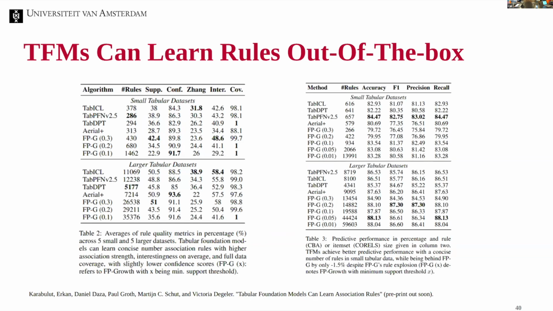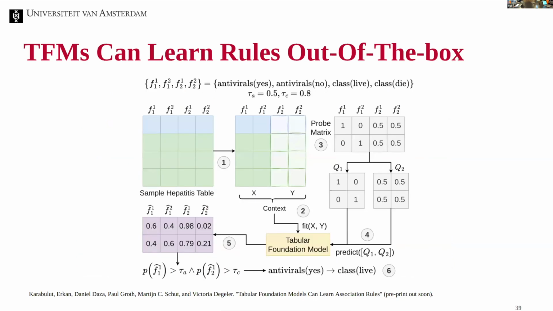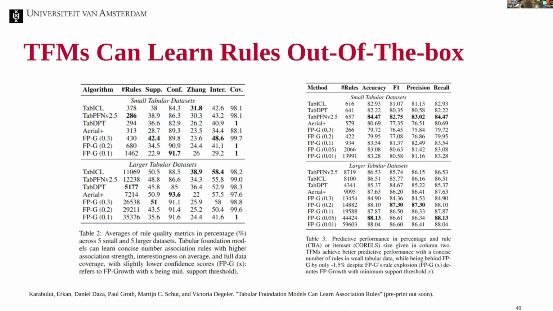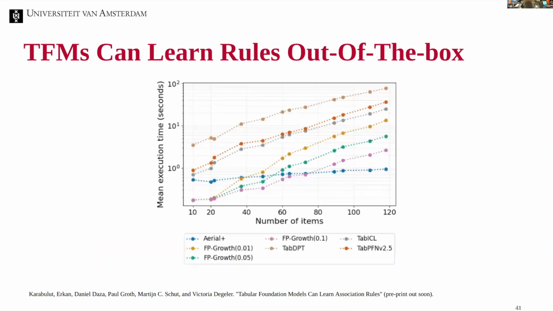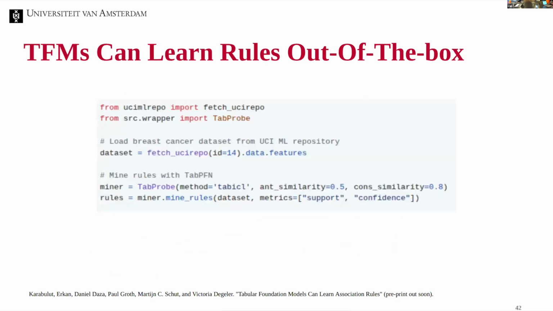Why is that? Because right now with tabular foundation models we do predictions per feature, right? For large tables, in the sense of number of features, yes. Our autoencoder only has two or three layers, so it's a super small model, and it can basically make predictions for all features at once. That's why it's much faster. This basically shows that tabular foundation models can scale to small to medium-sized tables, but not too large tables. And we also have a wrapper around this where you can learn rules from any tabular foundation model.